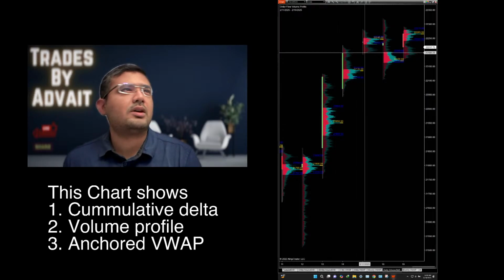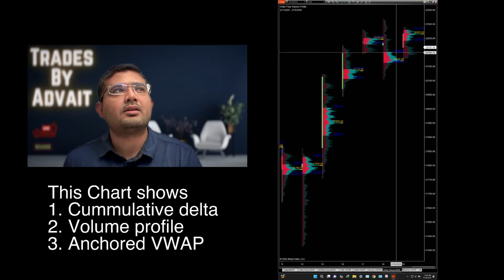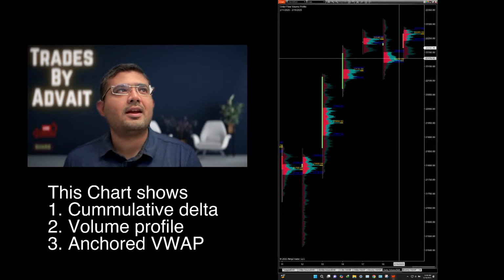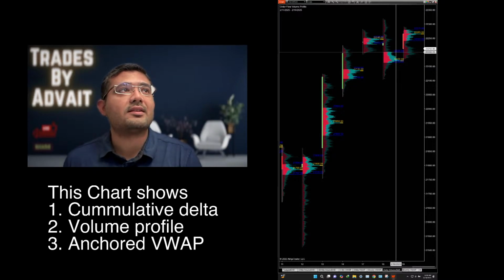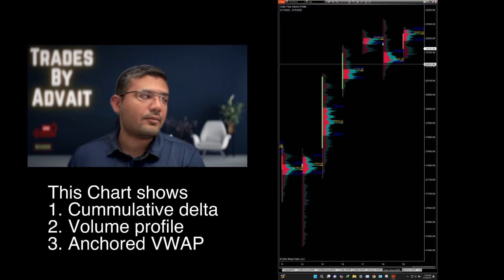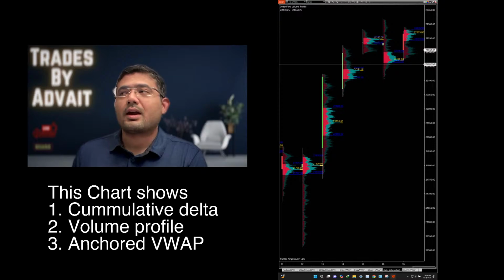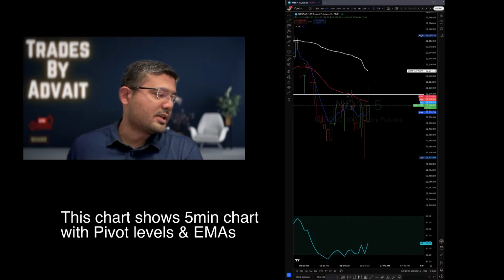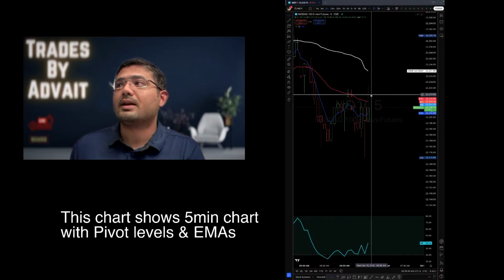On the daily chart, it's still the same. This is the value area of yesterday, and it is above the value area of yesterday. So far looking good, but we will need to wait for the first 15 minutes. So already 10 minutes is about to get over. Once we finish the 15 minutes, I will draw the 15-minute range, and that will give us a lot of perspective. But so far the status is it is just not able to reclaim the P0 pivot